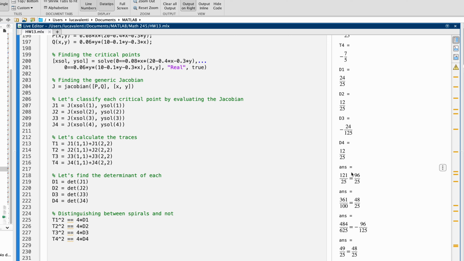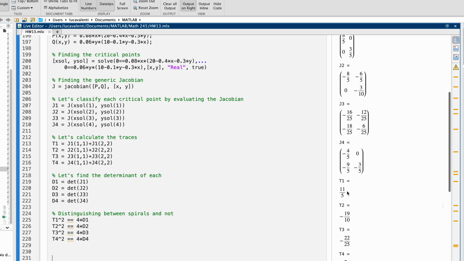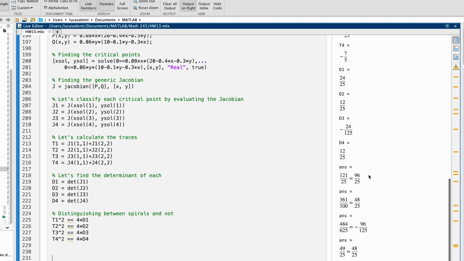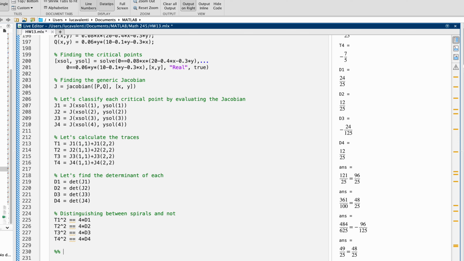D2 is going to be a stable. I remember all the other ones were stable. So these were stable. Stable node, stable node. This one, we don't know. Now, a faster maybe way to do it, to classify them,